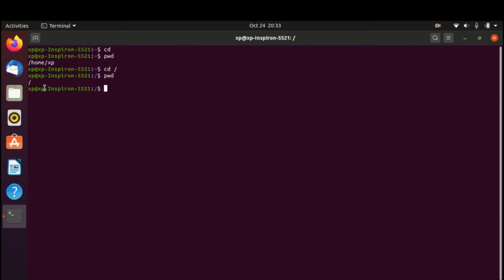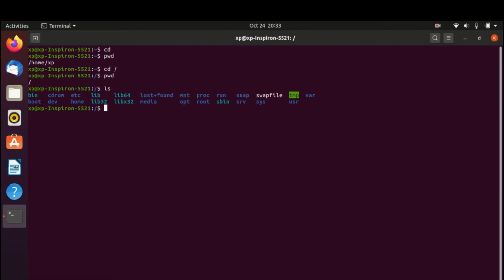That you can see. cd is a command to change from one directory to another directory. Now ls again to display all the folders available in root.